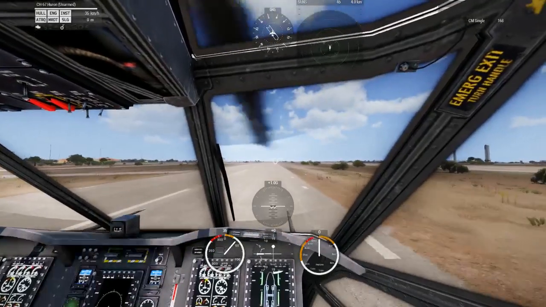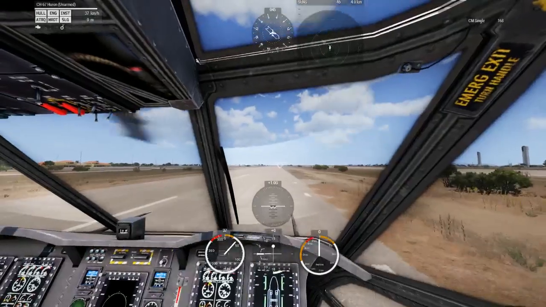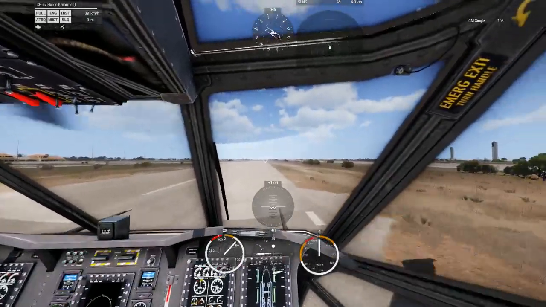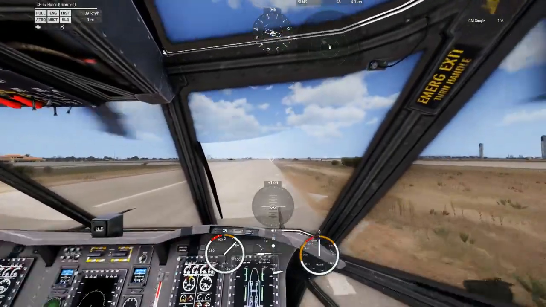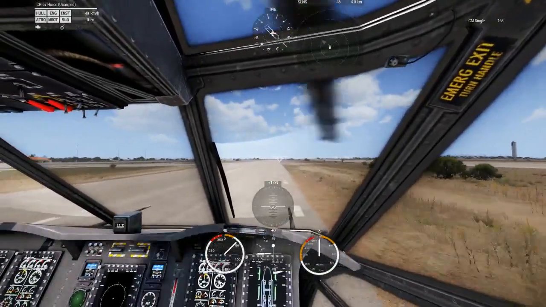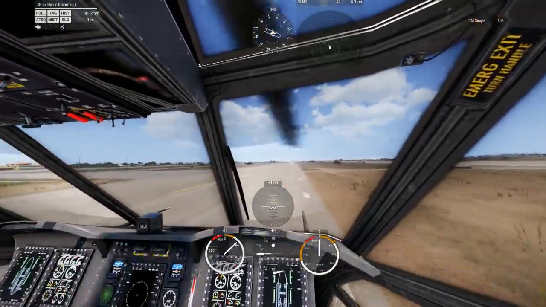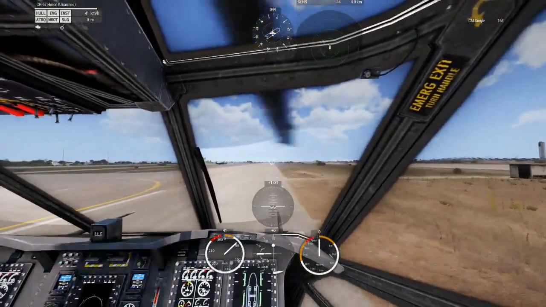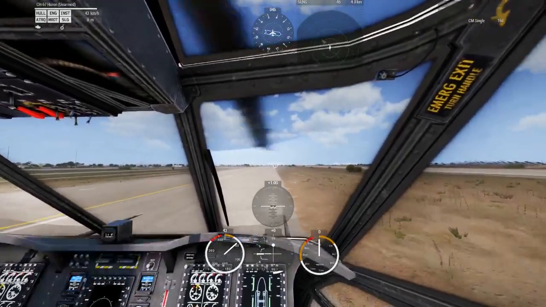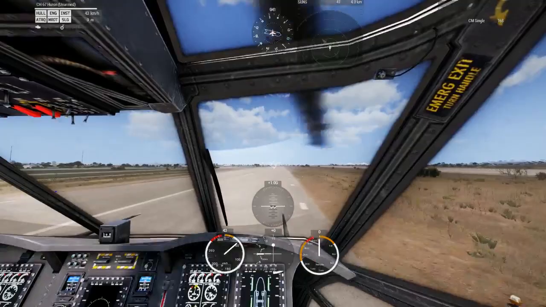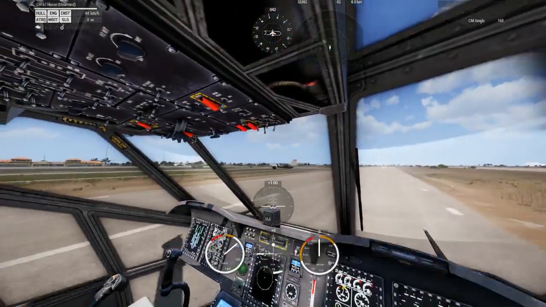And then in transition to forward flight, again, just consider the same thing. At about 70 for your phase 1, and then at 140 is where I would classify as phase 2, where you can't use the agility of your rear tail rotor. So if you're flying a standard helicopter, which is what we're about to jump into in a second, at about 140 you really want to stop using the tail rotor so that you don't damage it or break it. So I'm just now taxiing the Huron over to